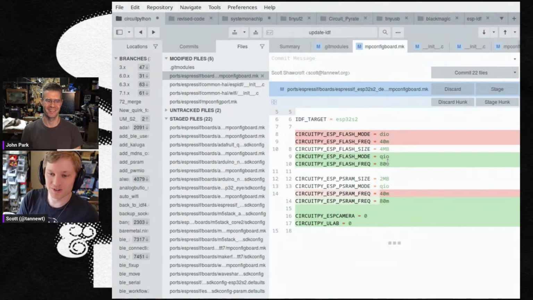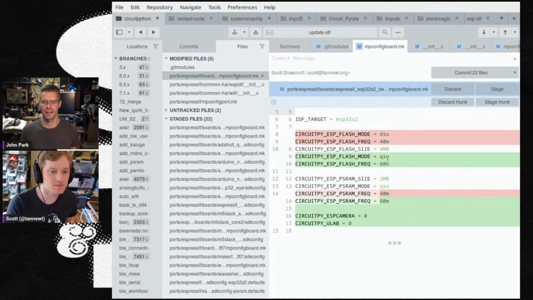That's great. Will hopefully make CircuitPython run faster. Yeah, it's like 80. That's a nice bump. Yeah, it should be a nice bump. It's like optimization I've done with IMX and RP2040, but I haven't actually always done the optimization work on the ESP. So I'm excited to do that and hopefully get some speed ups.